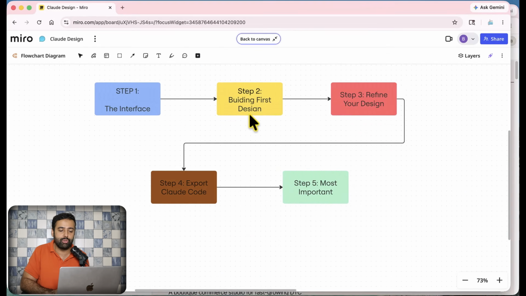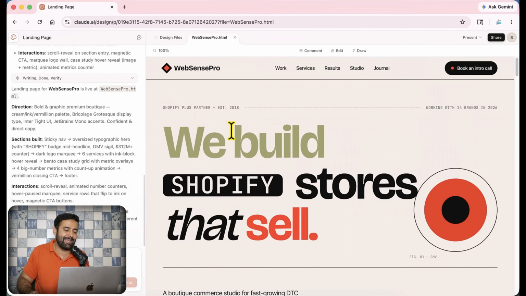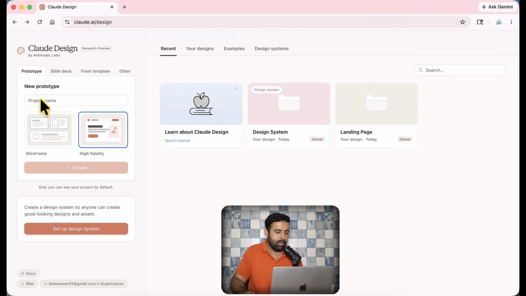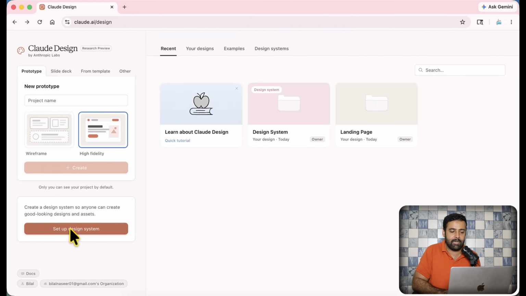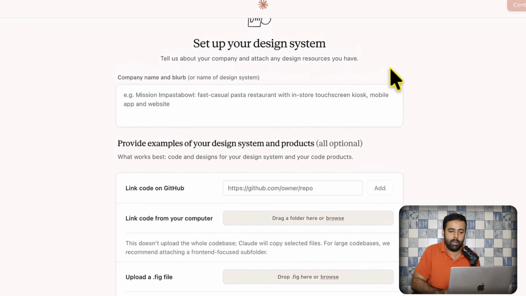Now we will move on to the fifth step, which is the most important step, which most of the people are missing right now, whoever using Claude Design, which is design system. So if I go back, you can see that we have this option setup design system. So before generating the slide deck, before generating your prototype with high fidelity, it's really important to give more context to Claude Design. And how you can do that, just by clicking on setup design system, and it will open up this tab where you will give a detailed prompt about your company name, about whatever business you are doing,